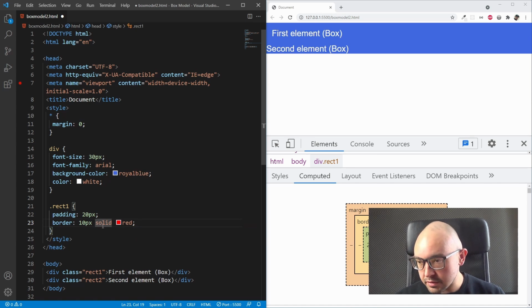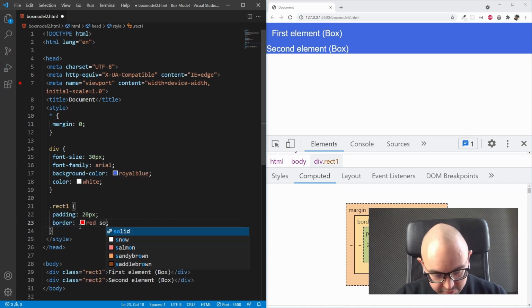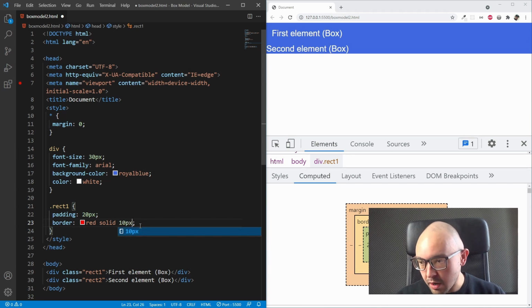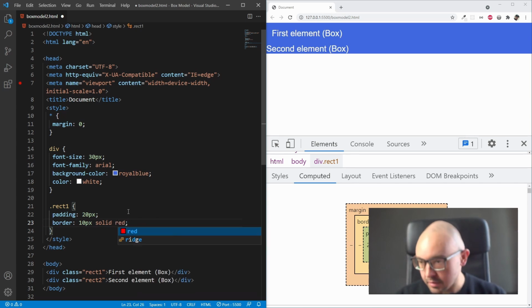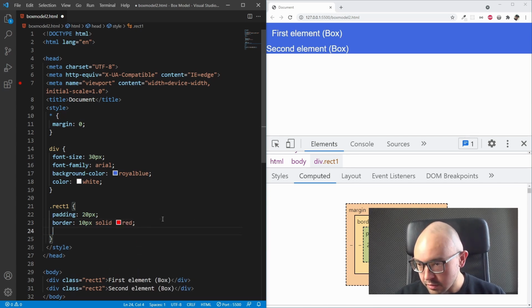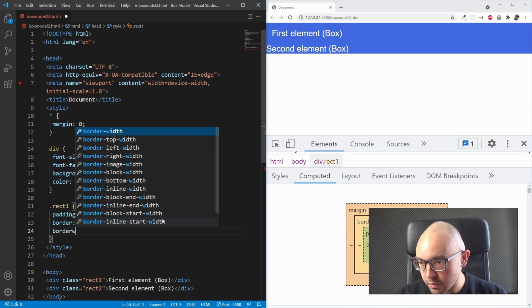You can use those values in order however you want. It could be red, solid 10 pixels with no problem, or however you want to write it. It doesn't matter for the browser, but I usually set it like this. First the border width, which is 10 pixels, then the border style, which is solid, and then the border color, which is red. And as you may know, you can place it in separate properties like border width,